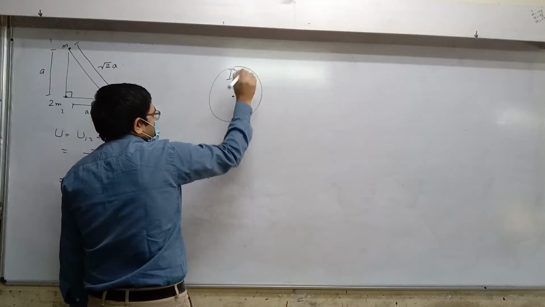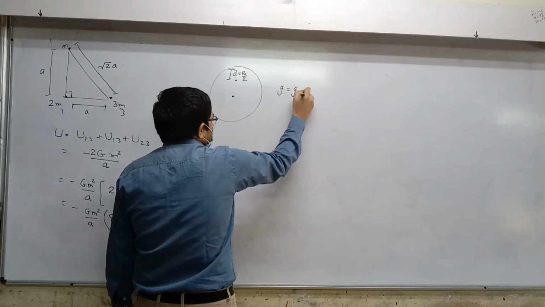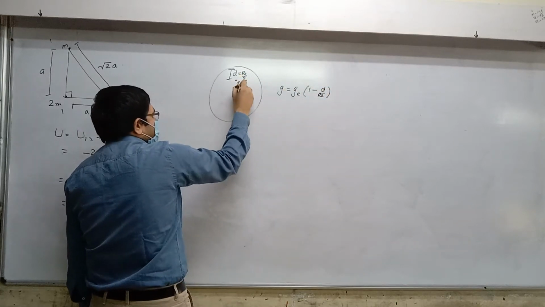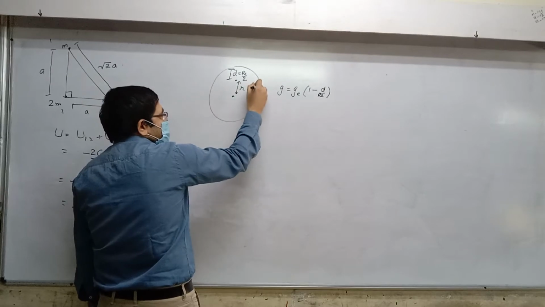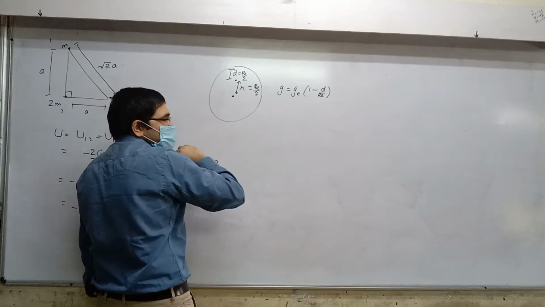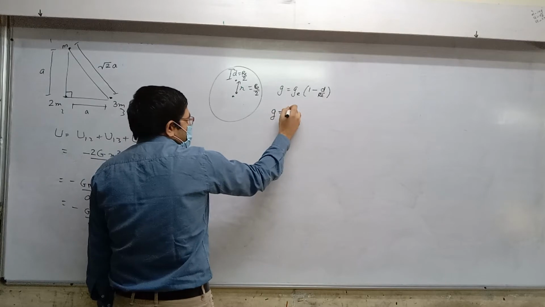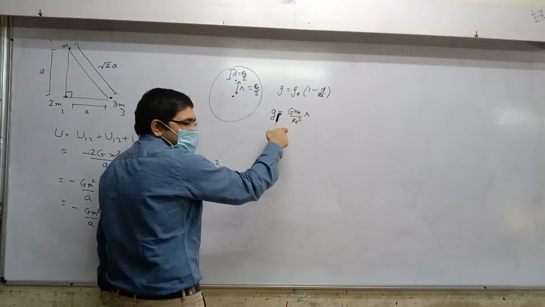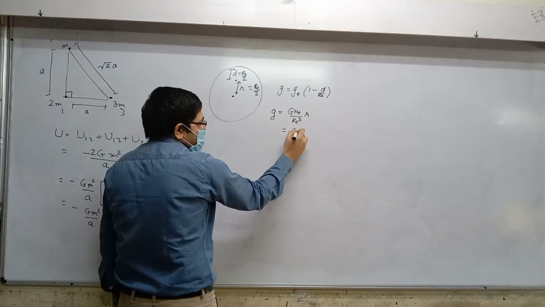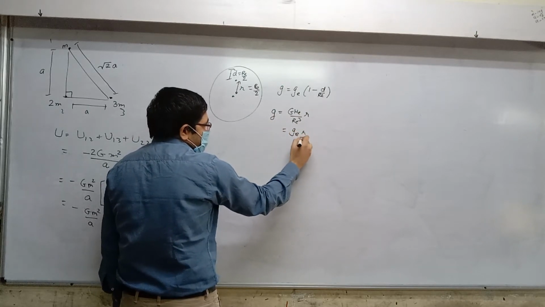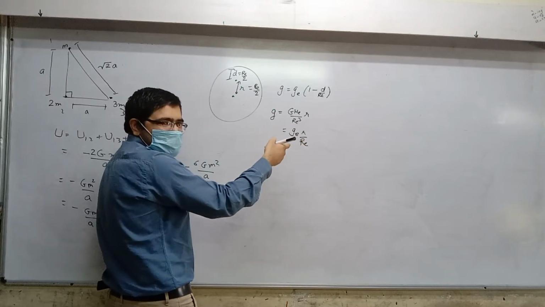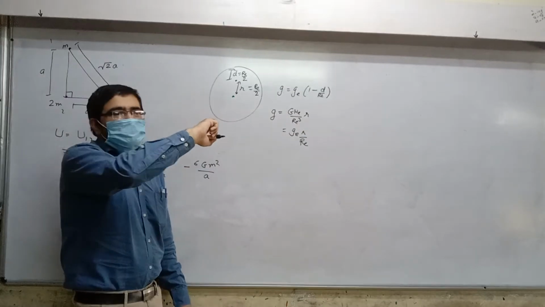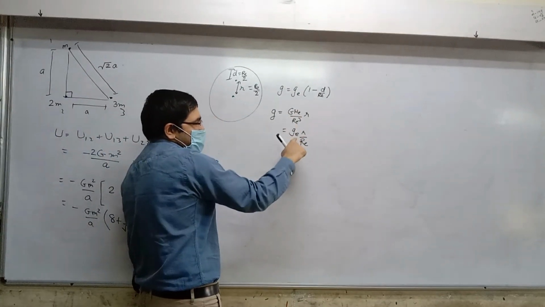So you can either do it directly, that is g equal to GE into 1 minus d by RE. This is r, isn't it? Yes. And then r will also be RE by 2. Yes or no? Yes. So here g equal to G M E by RE cube into small r. Do you remember this? Yes. And then we wrote GE into small r upon capital R. Do you remember that? Yes. Right, because G M E by RE square is GE.